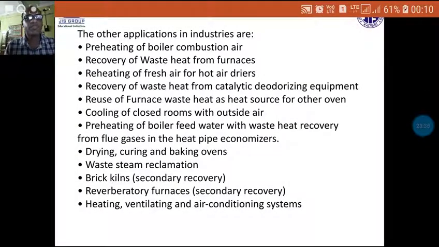So heat pipes are among the most used industrial devices nowadays, as they are very easy to use, require little maintenance, and have no moving parts, so no cooling or lubrication systems are required. These are very popular nowadays in industrial waste heat recovery systems, and the typical applications of these heat pipes are also shown.